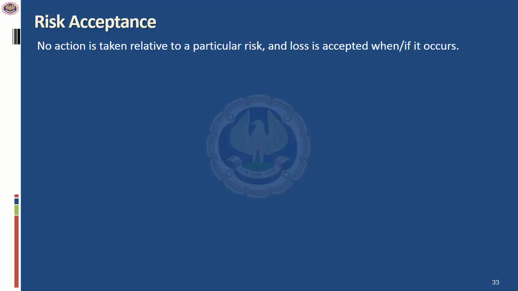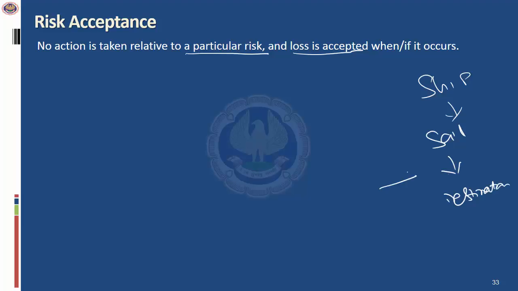So this is what ultimately has to be done, because in spite of all the risks, you find that the risks are still existing, and this is where you decide that the loss has to be accepted. For example, they say the ship is safest in the harbor, but that is not where it's supposed to be. The ship has to be on the seas. But when the ship is on the sea, is there a risk? There is definitely a risk. So wherever possible, you reduce the risk, mitigate the risk, you decide the risk management strategy, but the ship still has to sail. Only then it will reach the destination. And when you're moving toward the destination, there are always going to be threats, there are going to be vulnerabilities, there are going to be various types of risks which could actualize.